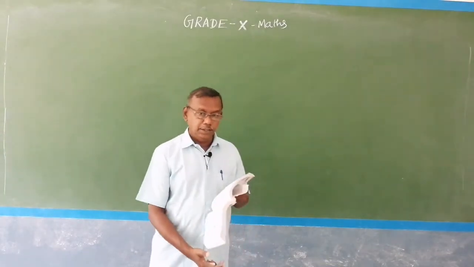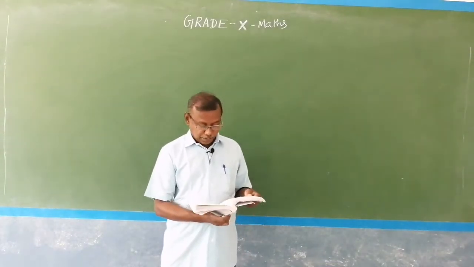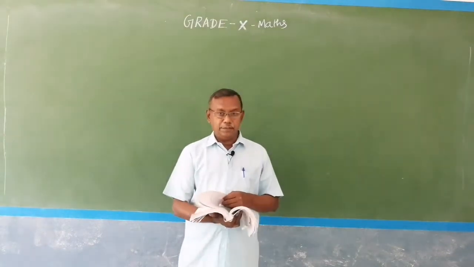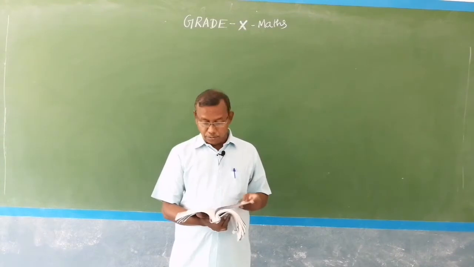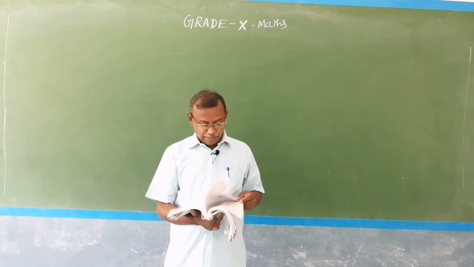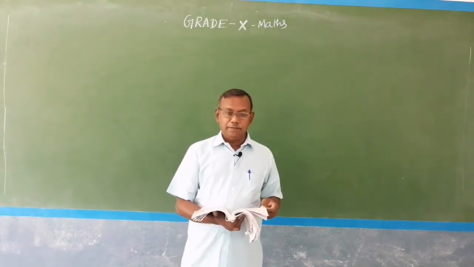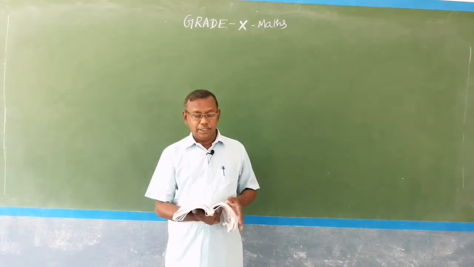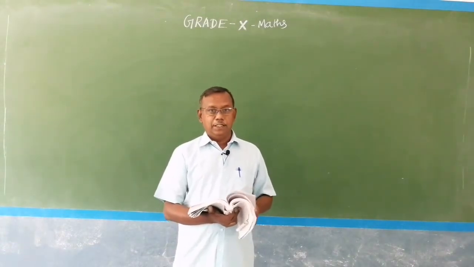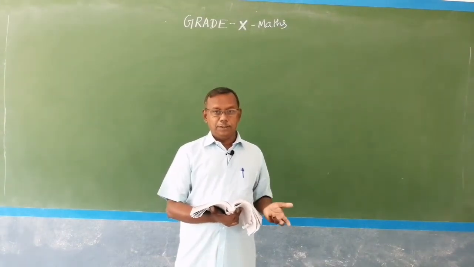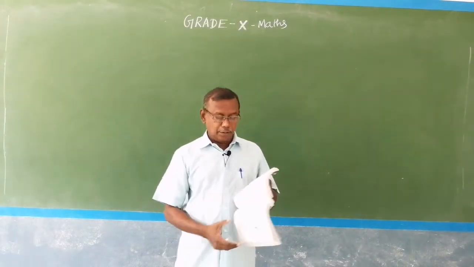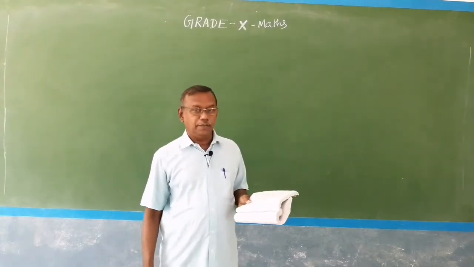Dear students, the next topic after 6.3, 6.4, that is area of similar triangles, is omitted from our current syllabus. So let me skip that topic for the time being and go to the Pythagoras theorem. But after completion of the syllabus, we will teach whatever is left out of the syllabus, for knowledge purposes. But let us complete the syllabus in the right time. So let me start with Pythagoras theorem.